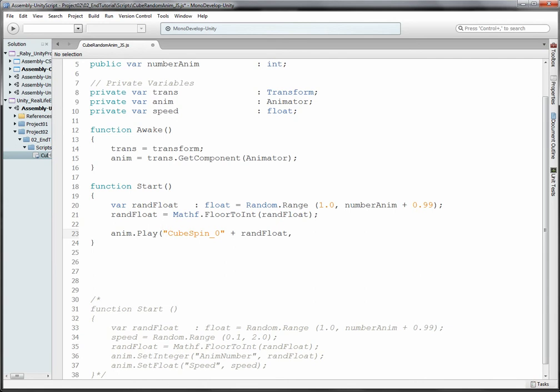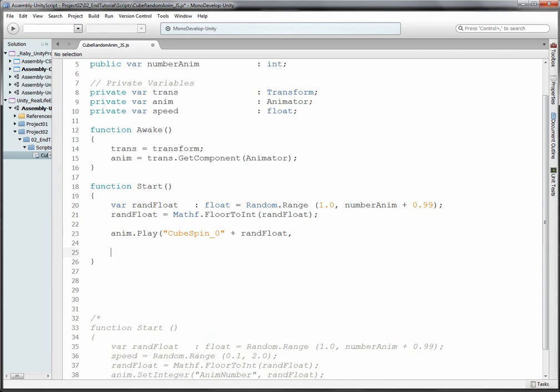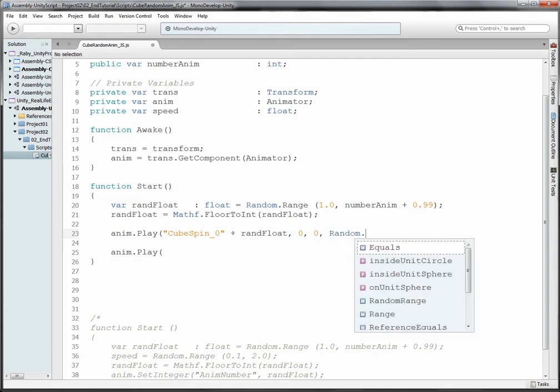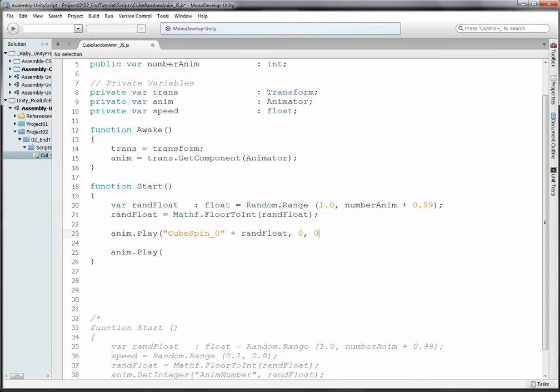and we're going to say the layer, which will be layer 0, and then the normalized time. Now this is from where the animation has to start. We have from 0 to 1, which is the whole. Your animation could be 20 seconds, but you have from 0 to 1. This is the normalized time for the whole clip. So we can type 0 comma Random.Range, actually we have Random.Range 0, 1,